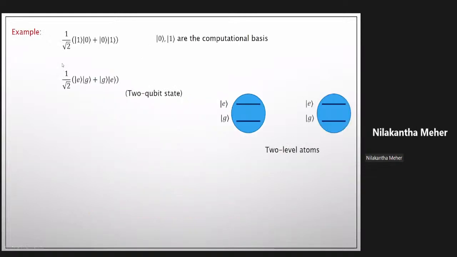Let me give an example here. Suppose this is the combined state of two particles, where 0 and 1 are the computational basis. As I am going to talk about atoms, let me write this same state here by replacing 1 by the excited state of the atom, E, and 0 by the ground state, G. So there are two-level atoms where the energy levels are represented by the excited state E and the lower energy level is represented by the ground state G. So this is a 2-qubit state. So on measurement, you can see if the